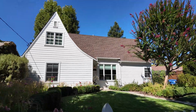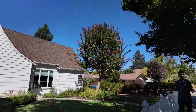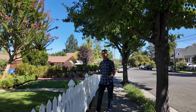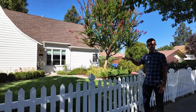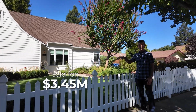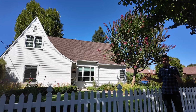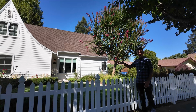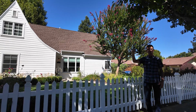So this is actually the most recent sale on Matheson. It's 313 Matheson, and it's actually not a very typical Healdsburg house in many respects, because it feels more like something from Cape Cod. In fact, the previous owner is a Brit, as it happens. This house is about 3,000 square feet. It sold for 3.45 million. It is on a really big lot, as with a lot of the lots on Matheson, so it's about 10,000 square feet. It's got a pool and a little pool house in the backyard, and it's literally